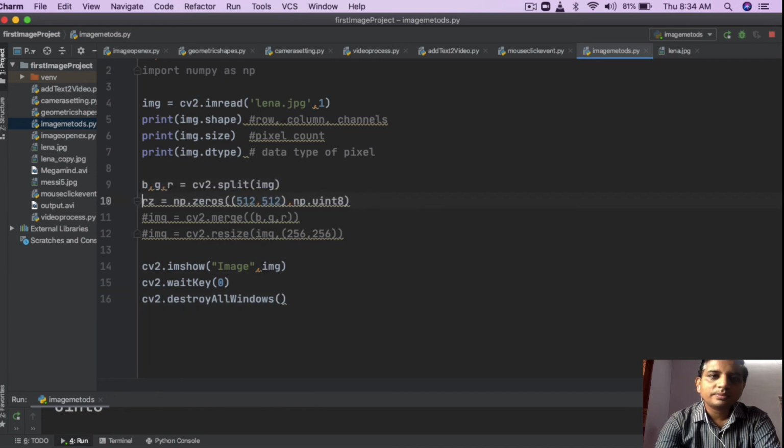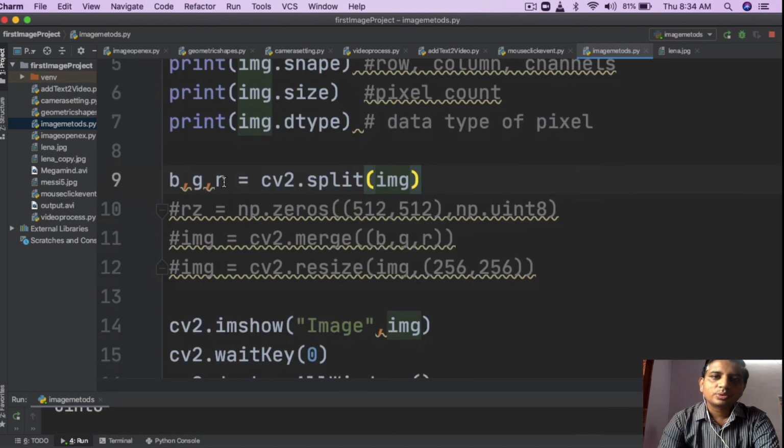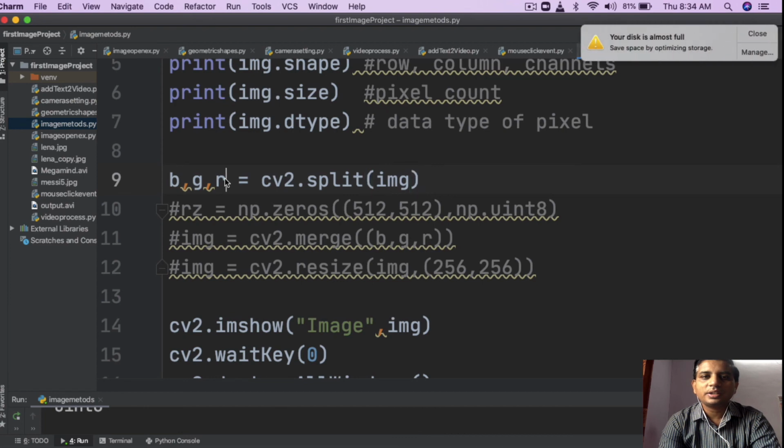Now the next method is the BGR. How to split the BGR values from the image. For that we require a special method known as the split method. This split method separates the 3 channels, and we get those channels as separate variables.